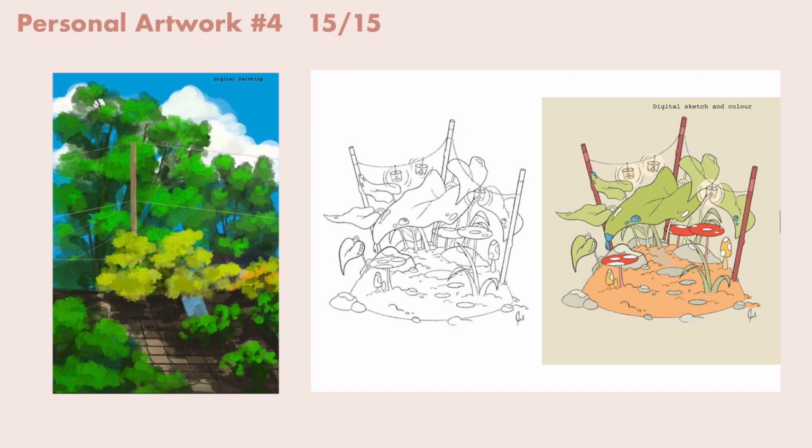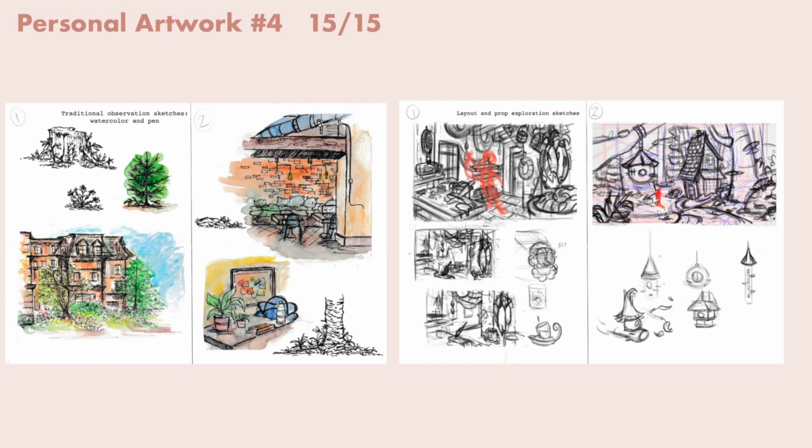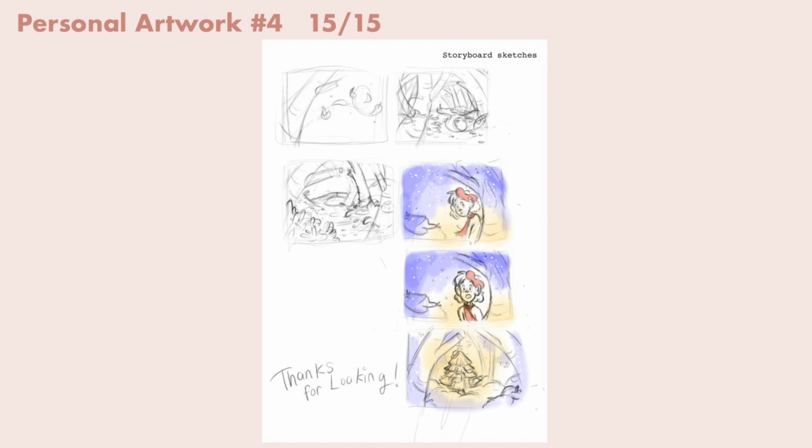For my fourth submission, I submitted a digital and traditional sketchbook compilation PDF, which is basically some digital and traditional sketches that I compiled and fit together in small categories to make a sketchbook-like design for them to look through. So I tried to submit a range of different mediums and different topics, like a digital painting and traditional watercolor observation sketches to show some understanding of painting and color, as well as pencil observation sketches and process work from